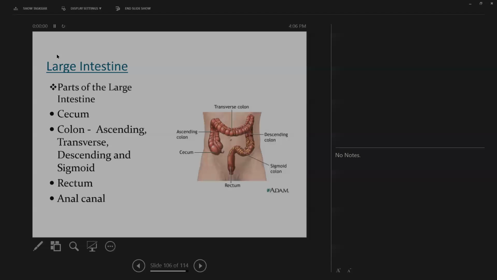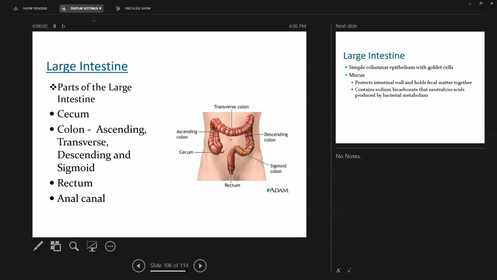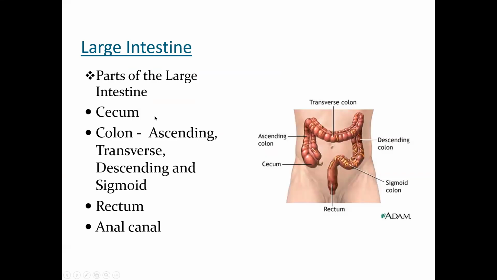All right, so we spoke about the small intestine last time. We spoke about the parts of the small intestine. We spoke about the things that increase surface area in the small intestine. We spoke about how substances are absorbed via the small intestine, right? Now,